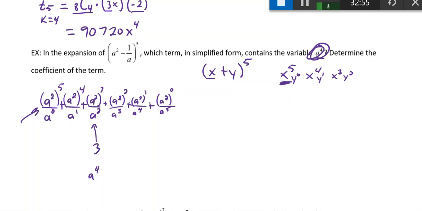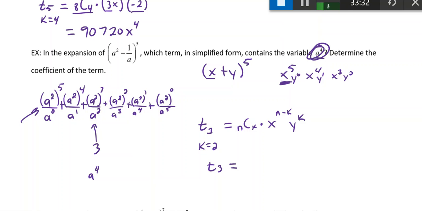Now that we know that, we're going to use our equation, right? So T3, which would mean that my k value, 1 less than that, is 2. Of, you know what, here I'll just write out the equation again first. So then we have nCk times x to the power of n minus k, y to the power of k. So let's just fill it in now. So T3 is equal to,